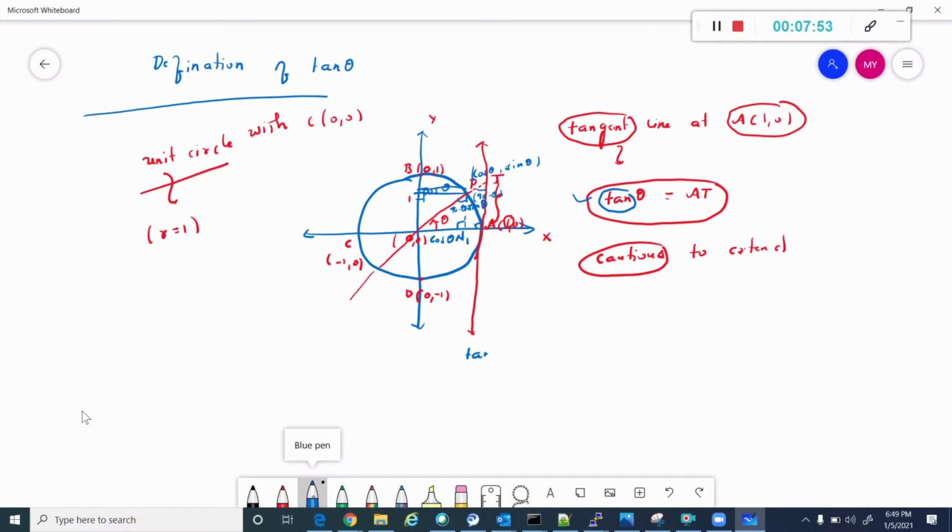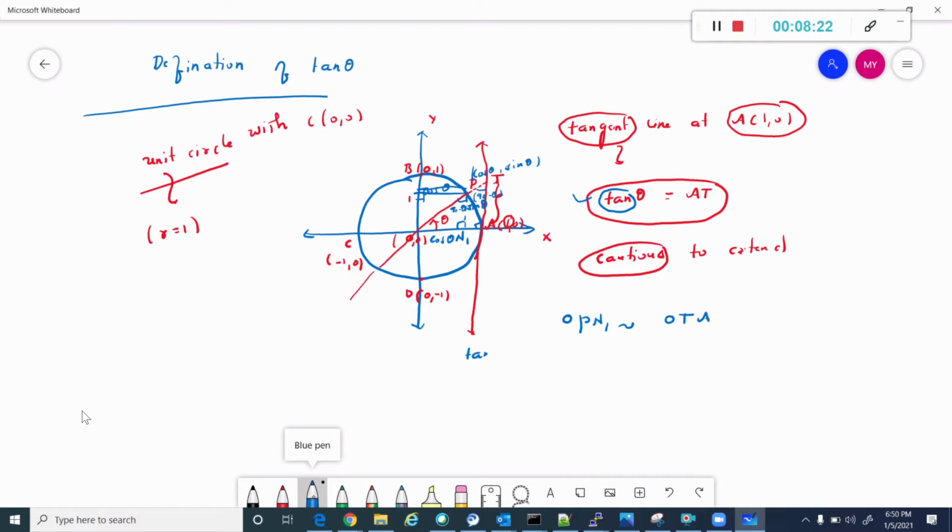If I consider these triangles, be careful in writing the order. Since at P the angle is 90 minus theta and at T the angle is 90 minus theta, I have to write O, P, N1 and O, T, A. At N1 the angle is 90, at A the angle is 90. So both are similar, right?